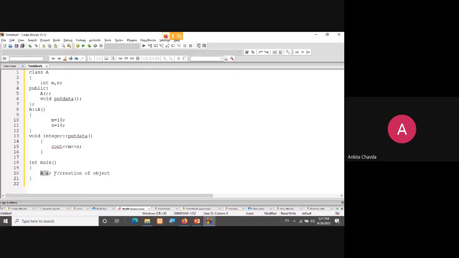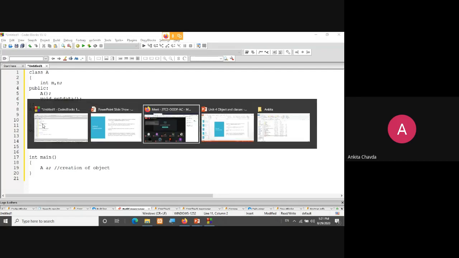So by default, the compiler will provide the default constructor, and that constructor is something like this. This is your constructor, opening, closing. So that's it. This is your default constructor. If you are not writing anything, then this will be provided by your compiler. Fine. I hope you are getting the things.